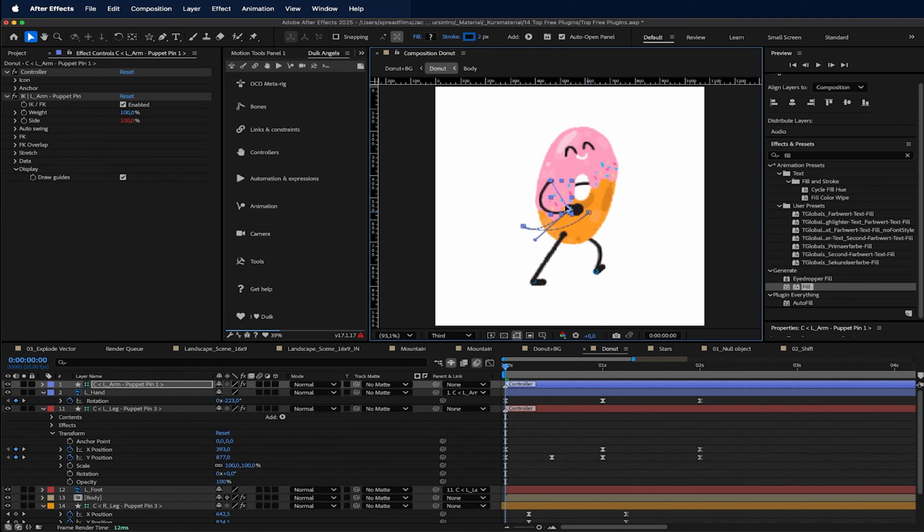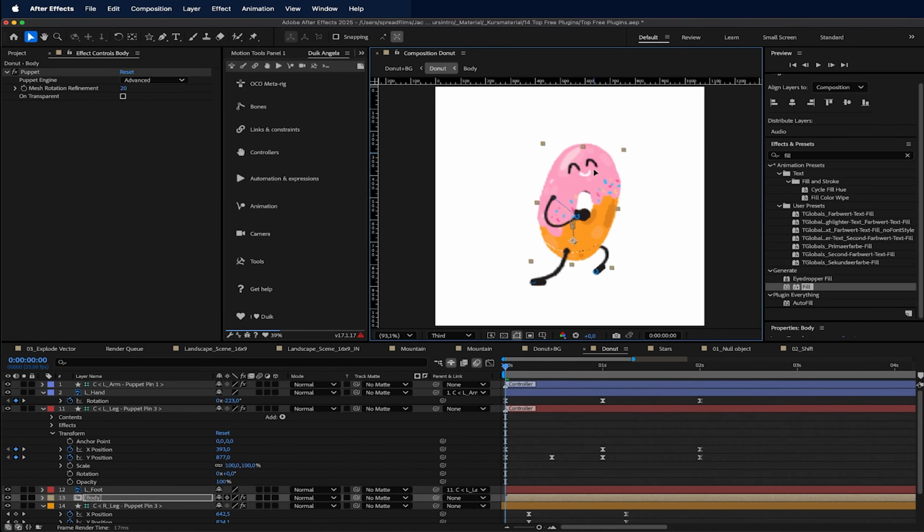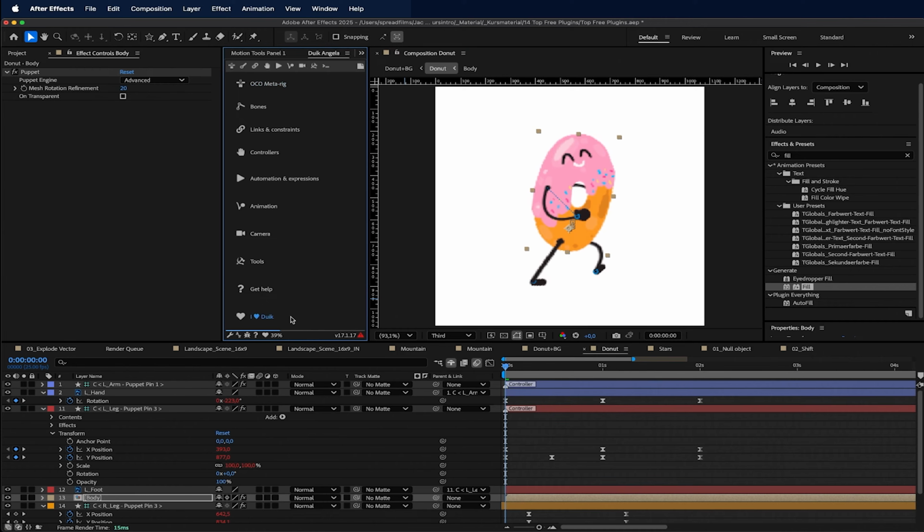It's feeling really natural for my arm, and with this I can easily create my walk cycle with my donut without dealing so much with needing to reposition my hand again. And if I move my body, you see it's all attached. So yeah, it's pretty nice and easy to use. So the Duik Ángela plugin looks like this,